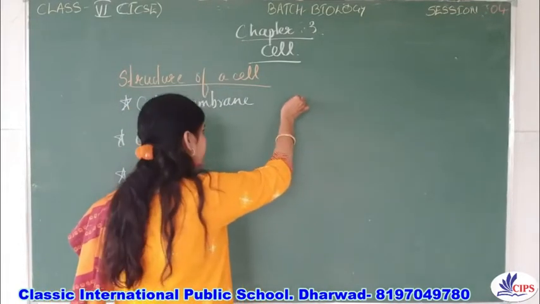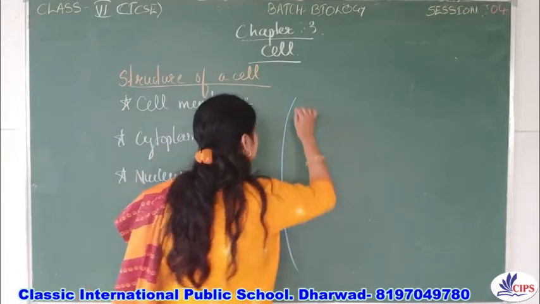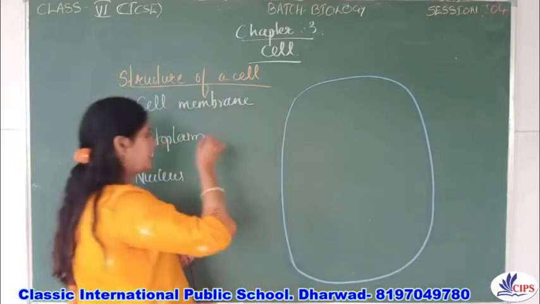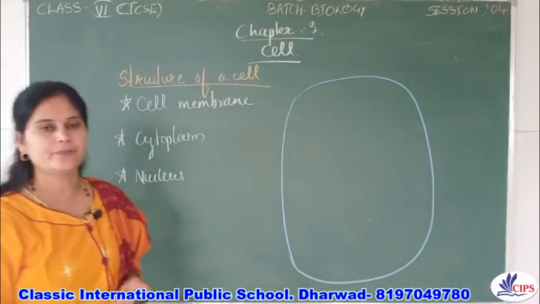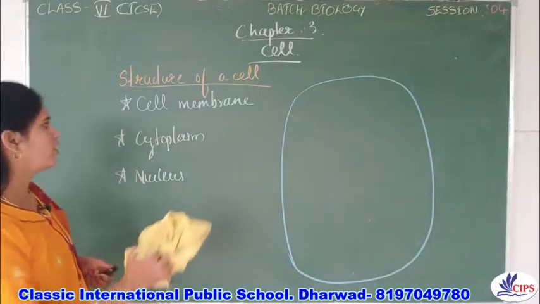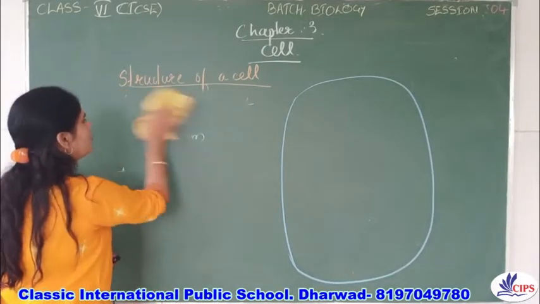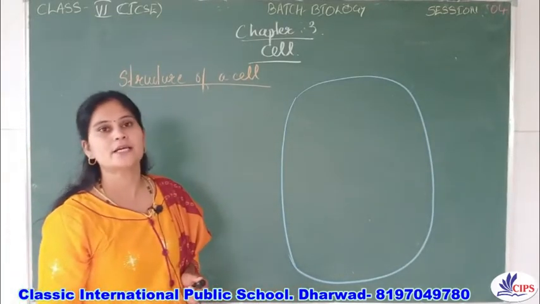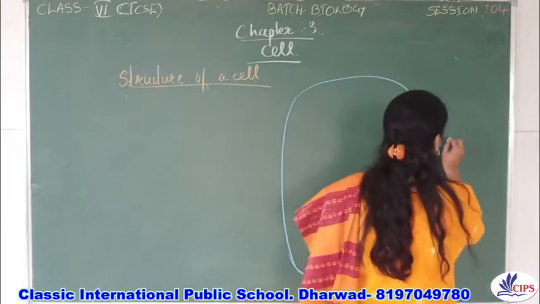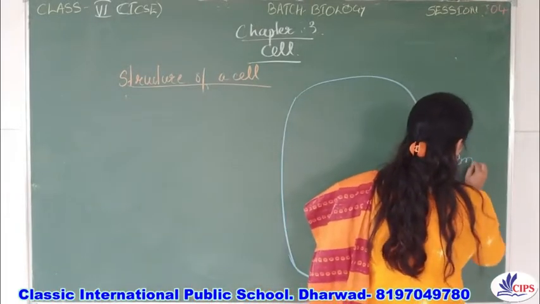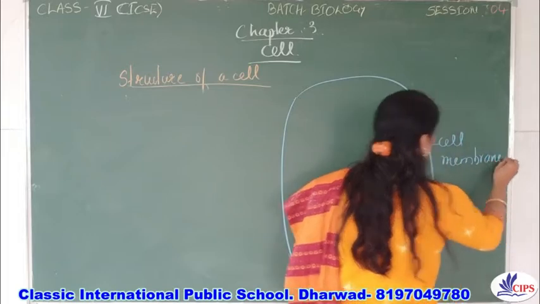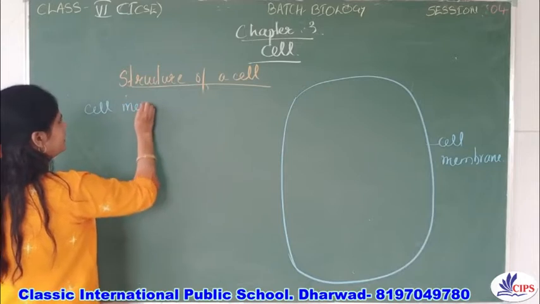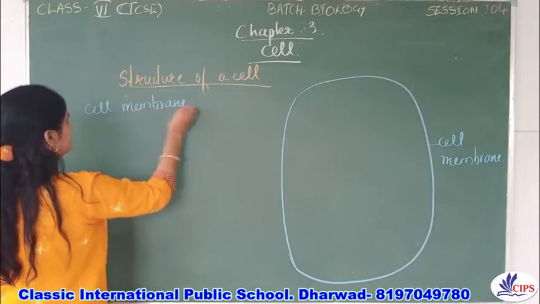Now a cell has an outer membrane, right? And this outer membrane is called the cell membrane, right? It is called the cell membrane. So what is the cell membrane? The outer covering,